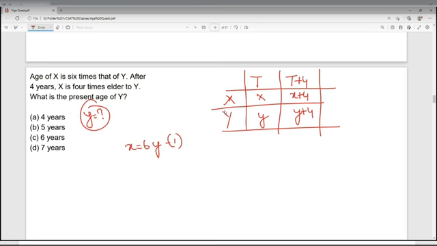So x is 4 times, sorry, after 4 years this becomes x plus 4, that is 4 times y plus 4. So what you can do is you can use the value of x here. So this becomes 6y plus 4 is equal to